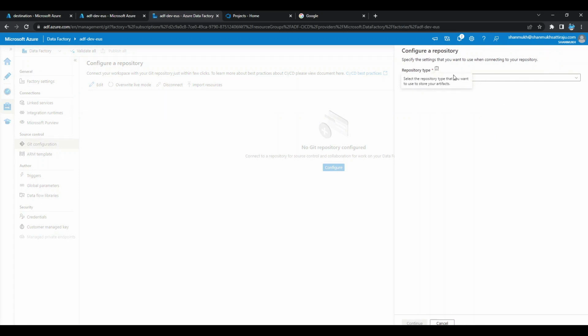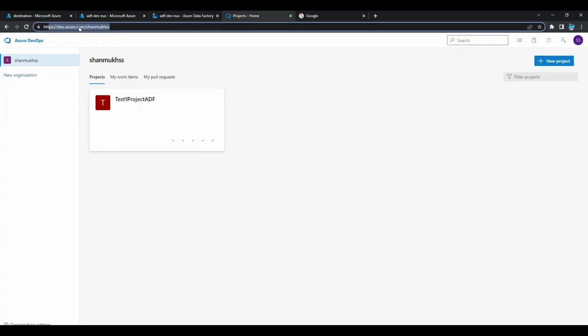So before configuring the Git, we need to create an account in Azure DevOps. For that, we need to go to dev.azure.com, and if you are signing in for the first time, it will ask you for the email and the registration process. Once you complete the registration process, you will get this screen. Currently it is showing the organization. Any name which is present on the left side is the organization, and we need to create the projects under it. So let's try to create a new project,